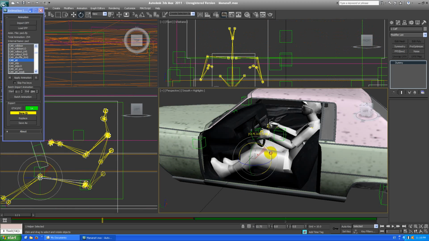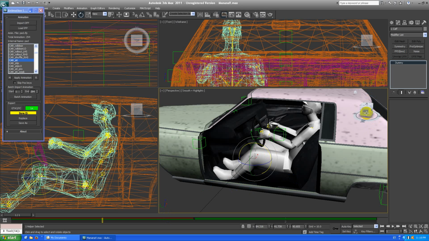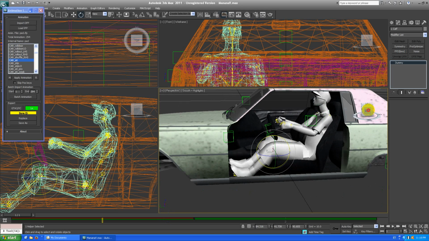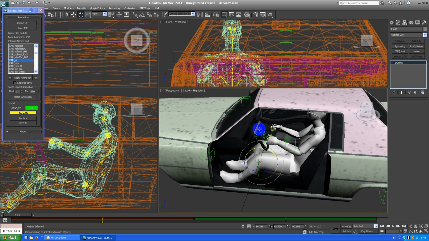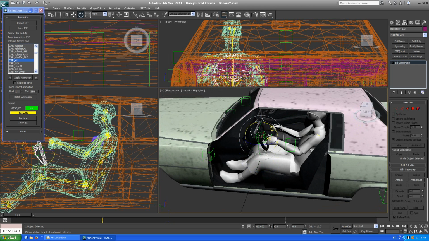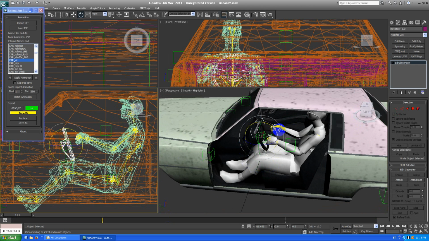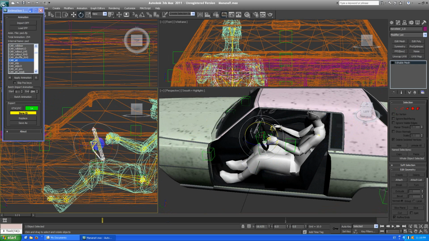I have made a custom animation where the legs are like that, so I don't care if they're sticking out of the car right now. But what I do care is that the bed's hands are not reaching the steering wheel, so we can fix that. And to do that, I just